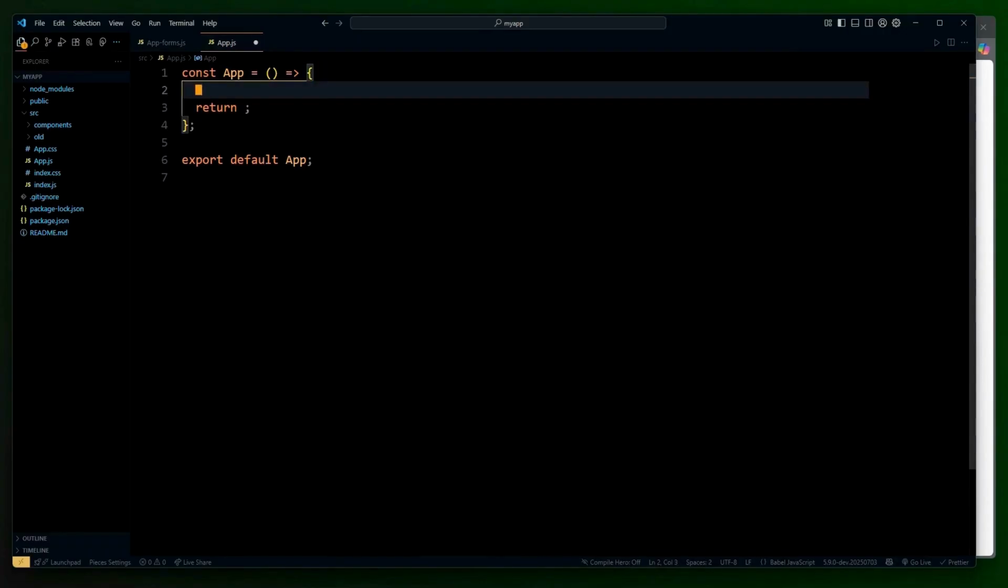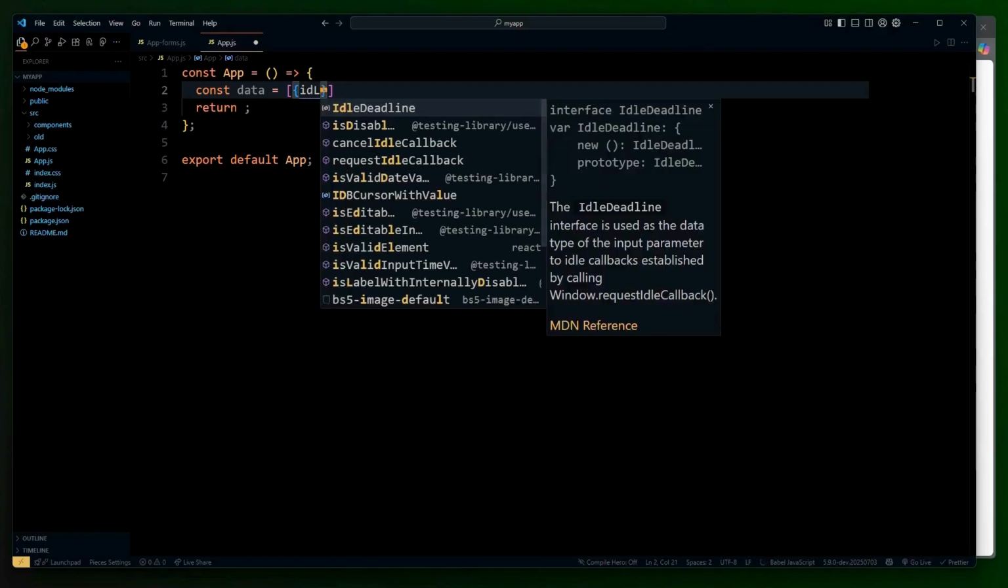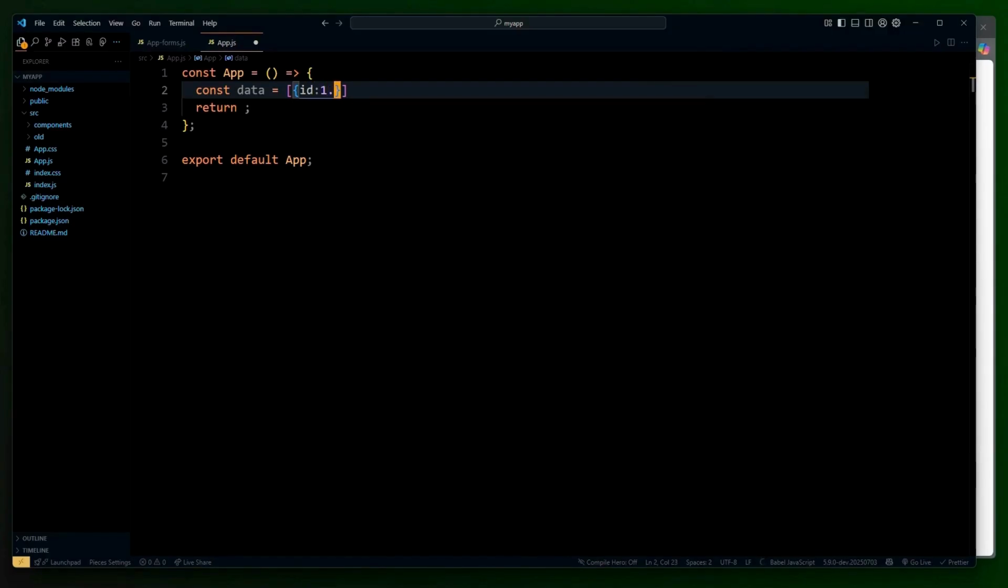So dummy data within a state. Just to make sure we have caught up on the state, let's have one variable called const data. This variable will contain a collection of objects. This object could contain only simple data, let's say ID 1,